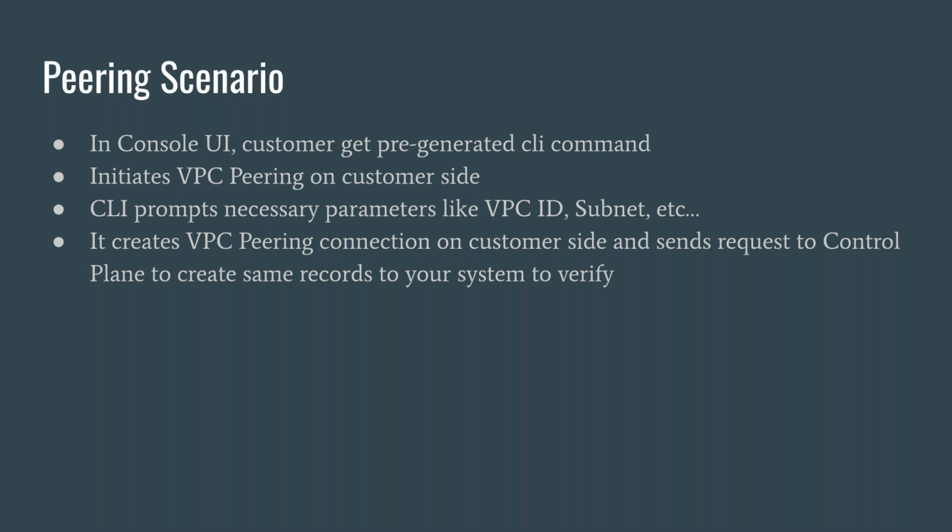But you need to prompt the user in order to collect at least two pieces of information. For example, in the AWS peering case, you need to ask for the VPC ID and the subnet. Because in order to do VPC peering on AWS across different accounts, you need to provide an account ID, but I already know the account ID, because inside the CLI command I already have an AWS SDK, and I am just calling, for example, get caller identity. I already get this account ID programmatically, nothing problematic.